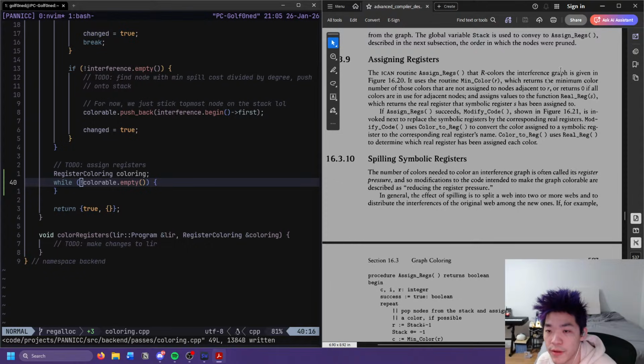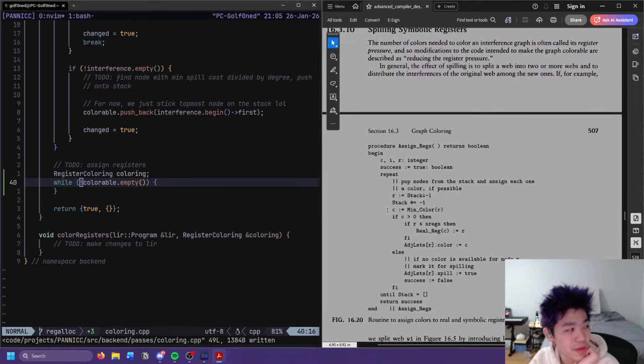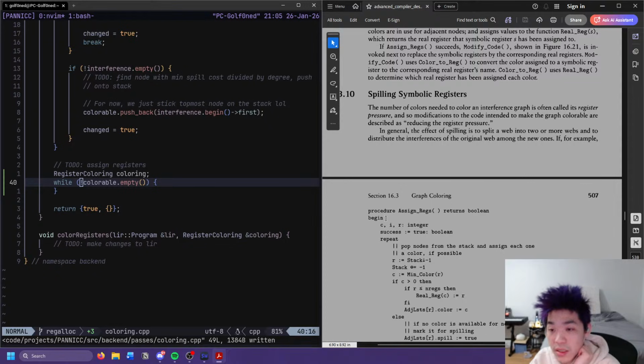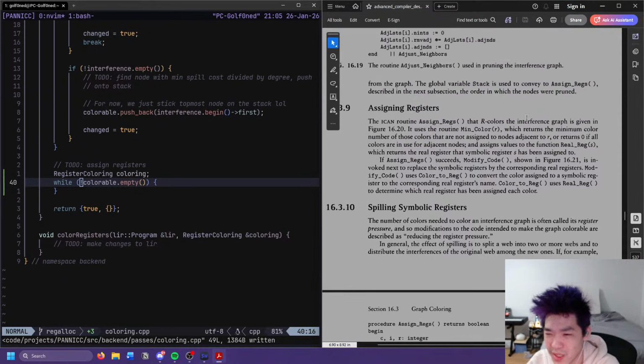Minimum color number of those colors that are not assigned. Yeah, we got word salad. So it reads like a statement subtracting 1. I see. I guess that makes enough sense. Pseudocode's always really strange. It never really makes a lot of sense, I feel like. There's not really a standardized pseudocode format, which is fair enough because, well, it's pseudocode, but still, it's a little bit interesting to read.